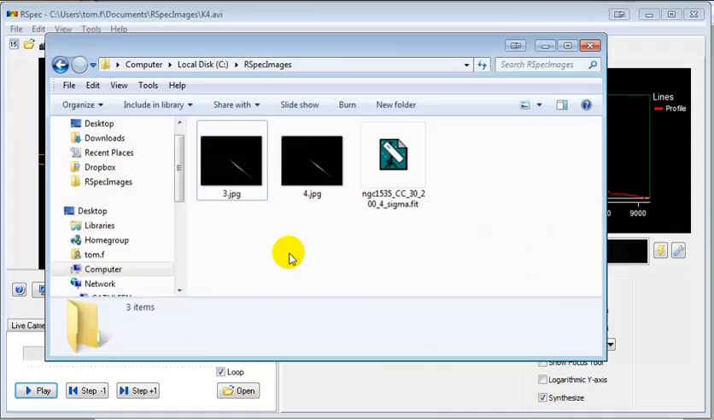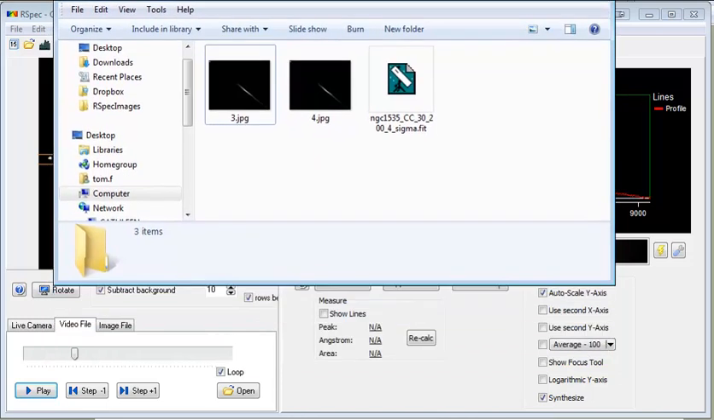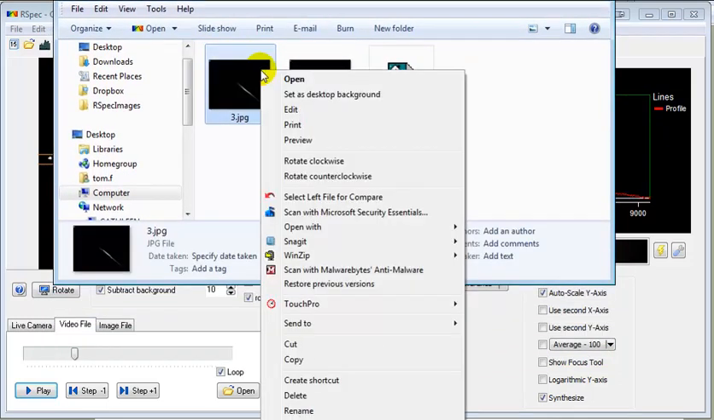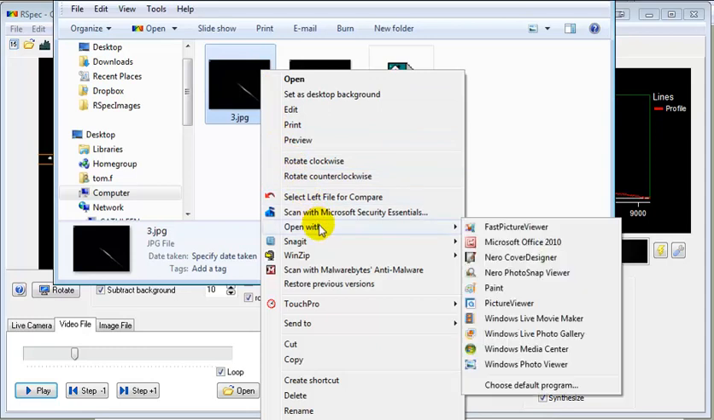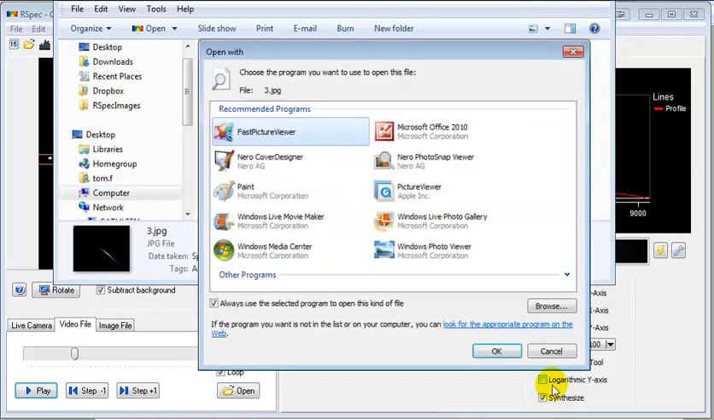Now I've brought up the Windows Explorer here because I'd like to show you a new feature where typically in most programs you can double-click to open any image that's been associated with a program, and you can now do that with RSpec. The trick here is to associate it, and of course if you make an association, that means that this file will always load with that application. I'm going to select Open With